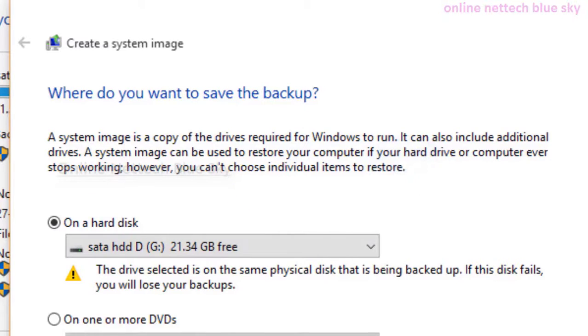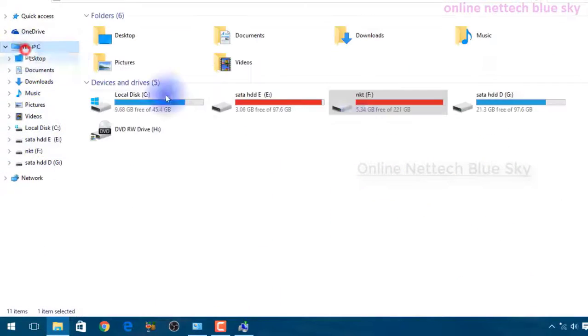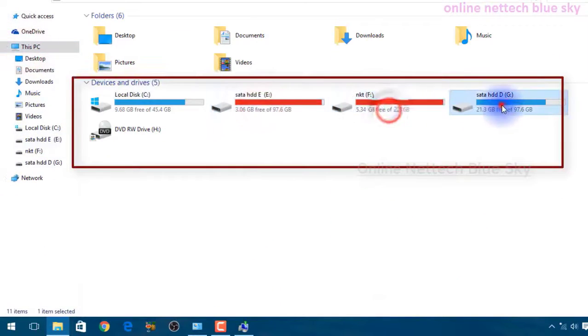For this backup you must have two hard disks. One stores and saves your backups, and the second is your system.